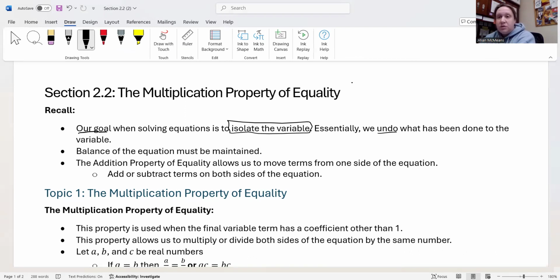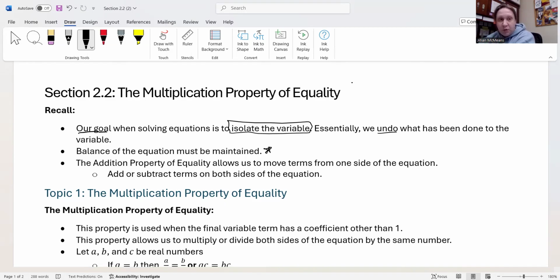So whatever we add or subtract to the left or from the left, we have to do the same thing to the right. That's how we maintain balance. So an equation comes to us naturally balanced. And as we isolate the variable, what we're doing is we're finding the value for the variable that makes that true, so that keeps it balanced. Okay. But in order to maintain balance, as we move things around, we have to do it to both sides